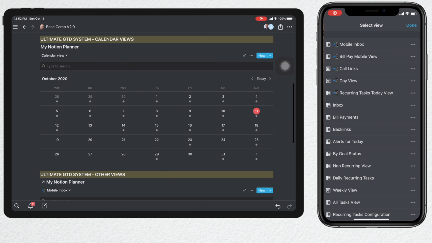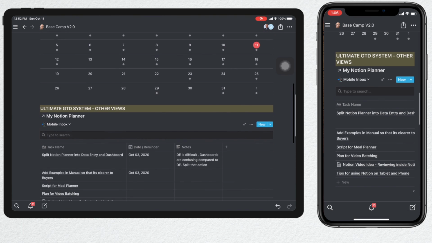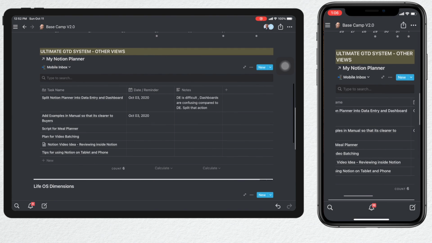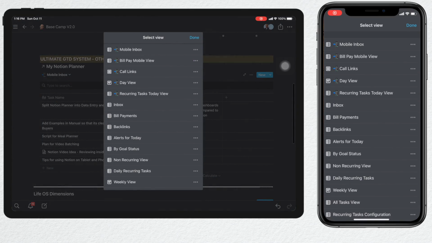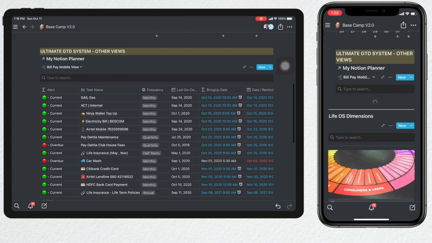The mobile inbox provides for a seamless way to capture just the essential before you come back to the inbox at your workstation. Then of course you can add a few quick things and transfer the same to your tasks for execution. The Bill Pay mobile view gives a quick snapshot of the bills to be paid, and then you